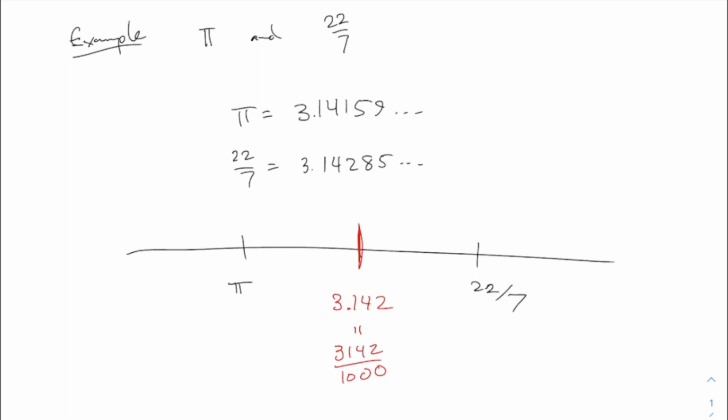Really, if you can tell what the decimal digits of your two real numbers are, then it's always easy to do a similar trick like this. You just copy the digits which agree, and then you choose some number which is in between in the position where they disagree. And then that number you turn into a fraction using a denominator of 1,000 or whatever denominator it takes, depending on how many decimal digits you're using. All right? Feeling good? Any questions about it?